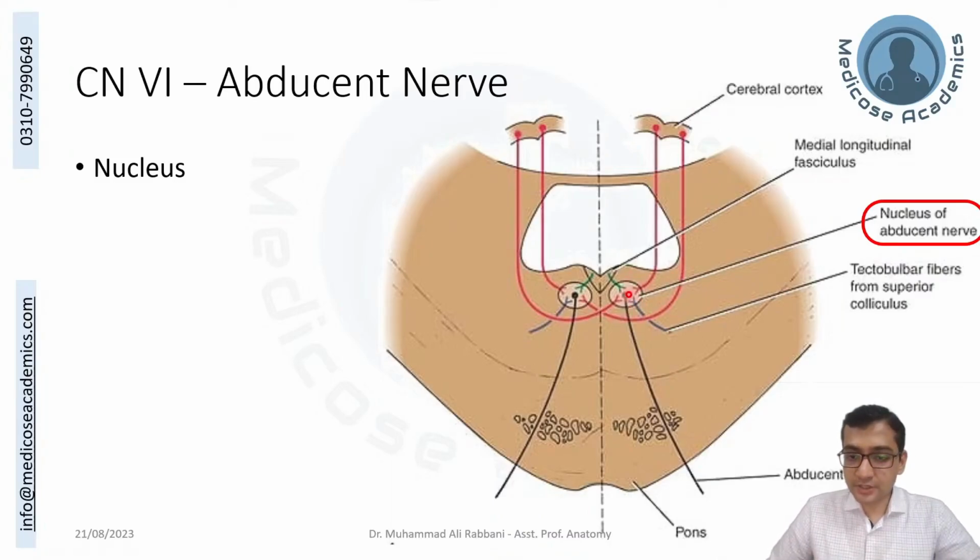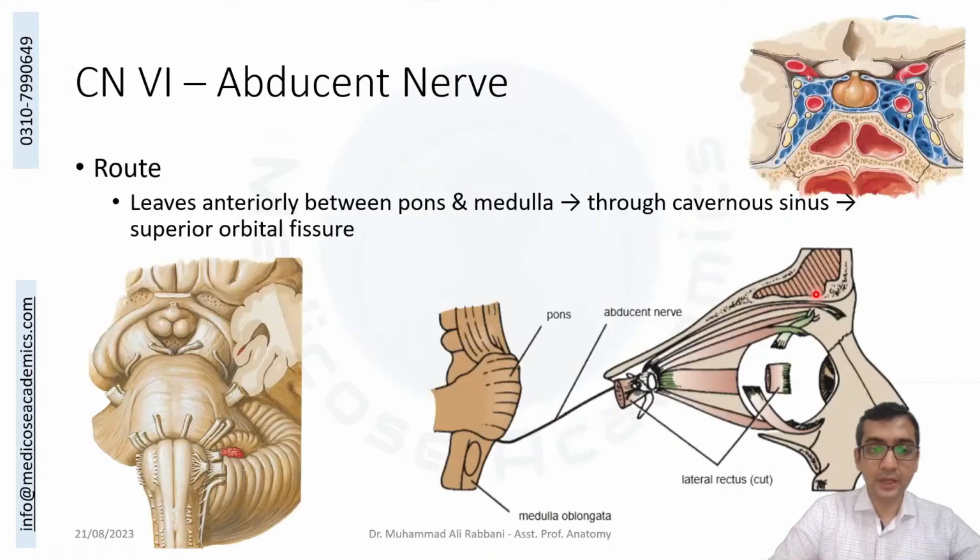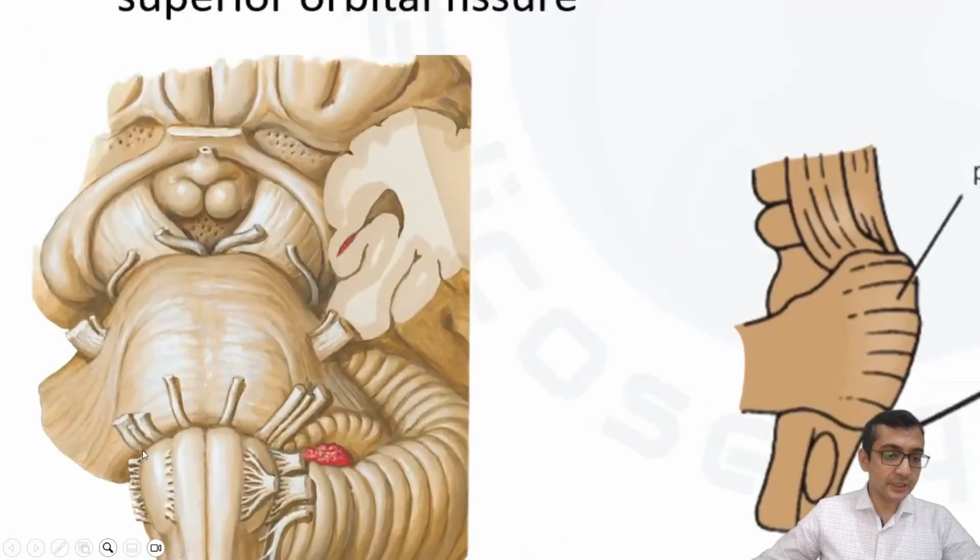It is present in the pons, and it has the same three afferent fiber connections from the cerebral cortex, from the medial longitudinal fasciculus, from the superior colliculus, as we have discussed from the last two cranial nerves. It exits from where? It is exiting here. You can see it is exiting from